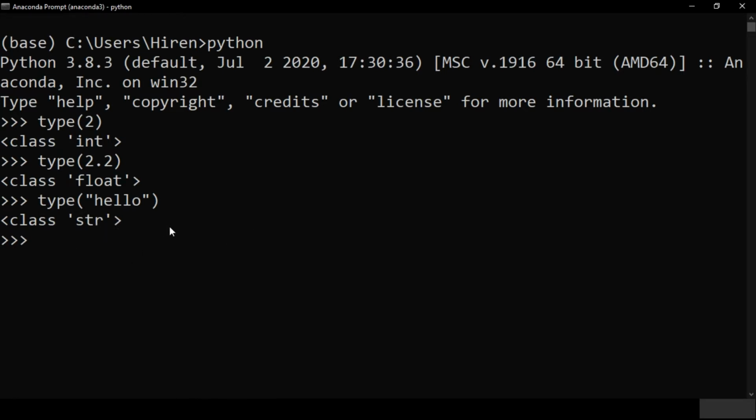Even if you write a number in the string, let's say I am just writing any random number as 25654 in a string, and let's check the type of this. It is saying that it is a string. So this is how you can identify which type a value belongs to.